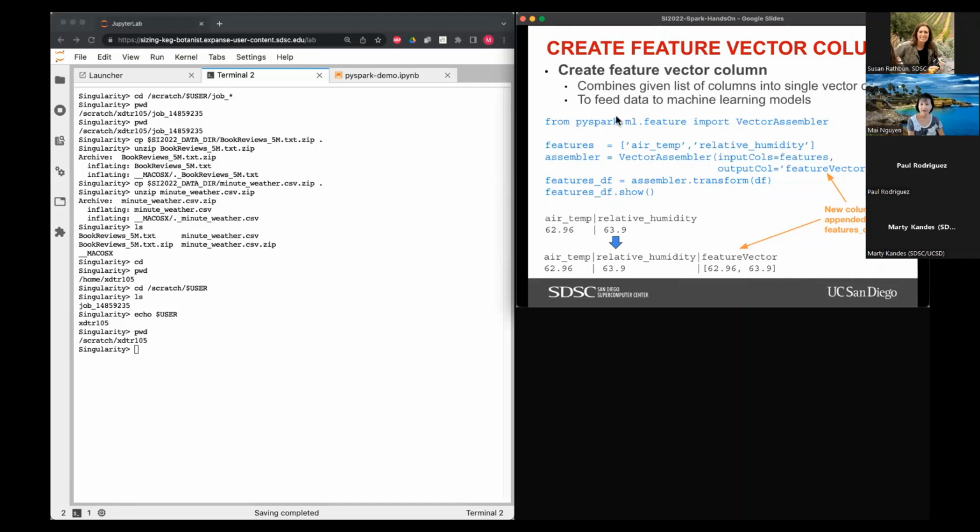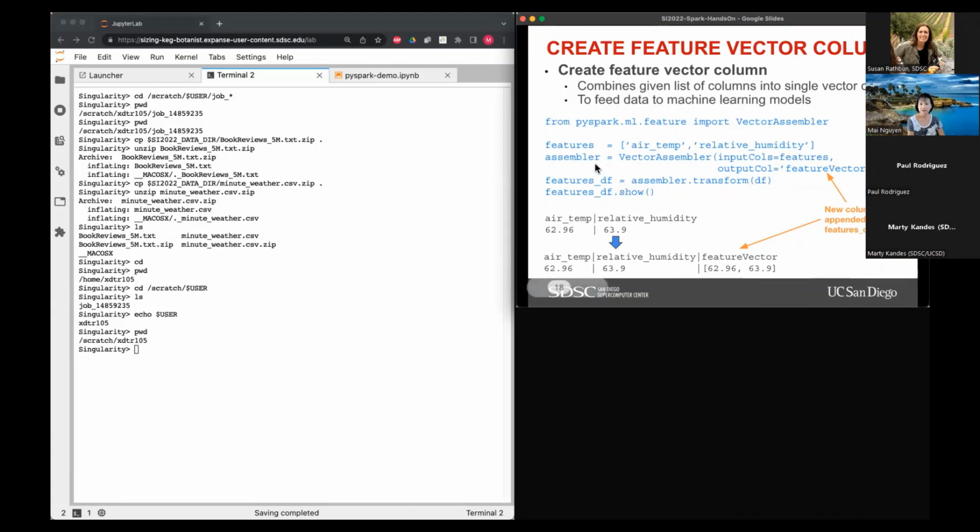You need that in order to feed data into machine learning models. So for example, if you have two features, air temperature and relative humidity, that you want to use as input features, you need to assemble those into a single vector using a vector assembler, right? So the input columns will be these two features, and then the output column will be named feature vector.